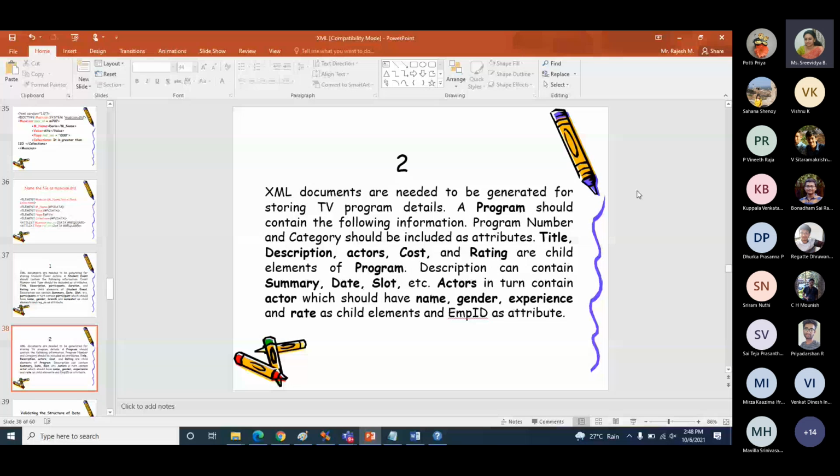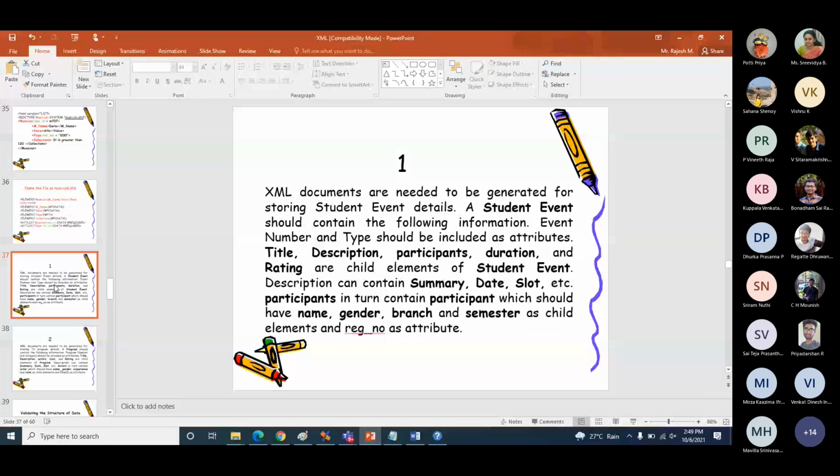Write the DTD for it. Put it into the validator. Write the XML file. There is a delay in switching. Now it is the first one. Okay, so write the DTD file, put it into the validator, write the XML file, and then validate against each other. That's what we have to do.